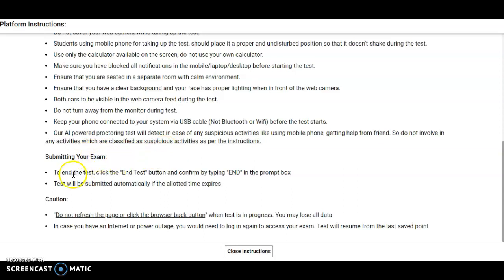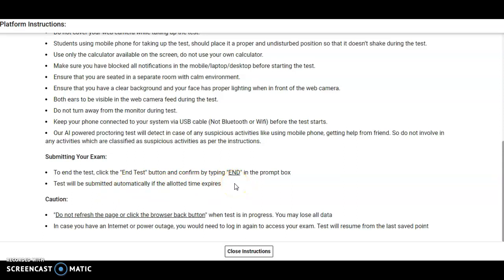To end the test, click the end test button and confirm by typing END in the prompt box. The test will be submitted automatically if the allotted time expires.